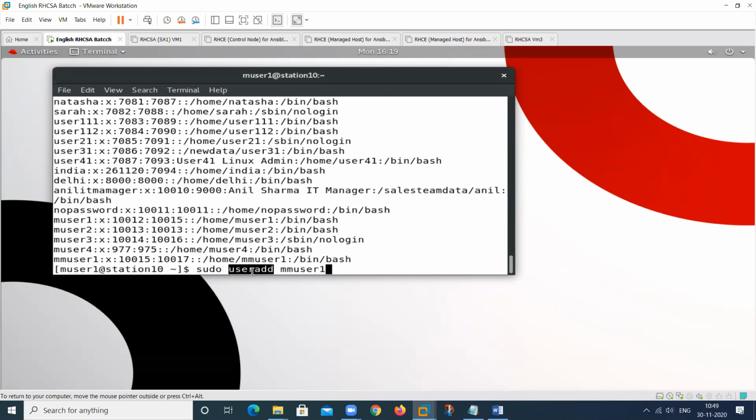This is not a simple command that is performed by a normal user. So any administrative command, it can be useradd, groupadd, fdisk, passwd, any command it can perform. It can change the password of another user also. So any administrative command will be performed by this particular user.